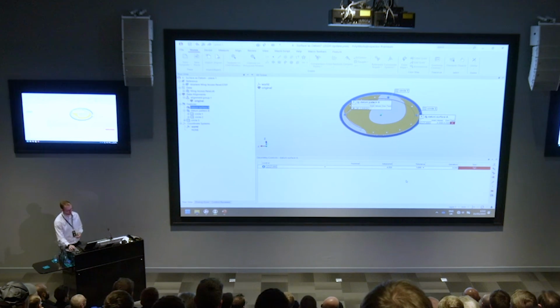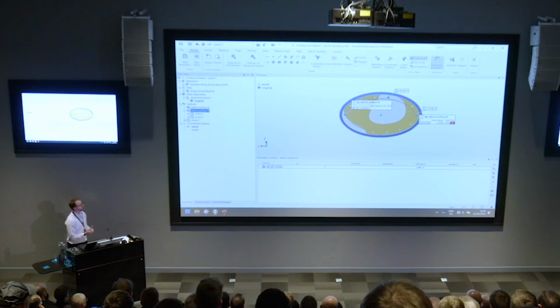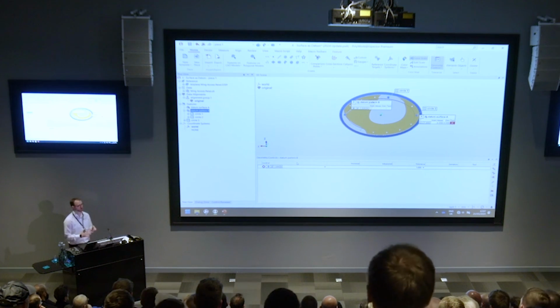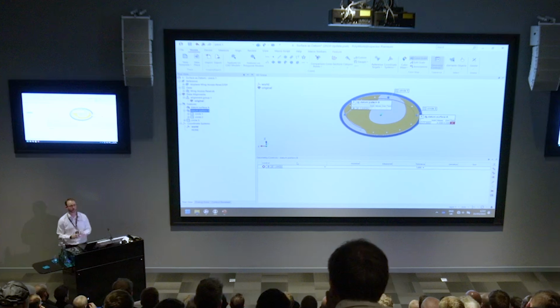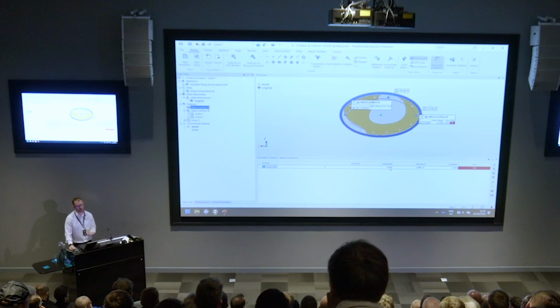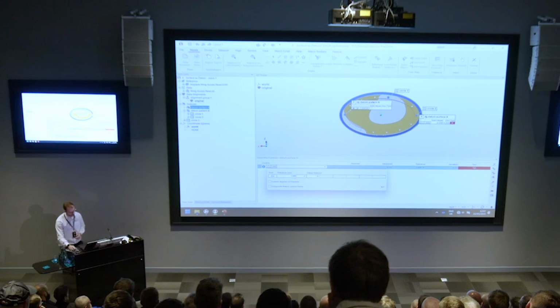Okay, perfect, so that's all we need. Jump back to B, and again, you'll still notice that there's no measured value there for the position. Based on the first setting that we're using, and I'll show you what that is shortly, for this to be able to work, the actual measured surface needs to have the ability to move and rotate within that profile tolerance zone. So if we jump back to surface A, you will see that the measured value is more than the tolerance. So it's not possible for it to actually move and rotate within those green dashed lines we saw previously. So if I increase this tolerance to anything larger than that, so if we go with